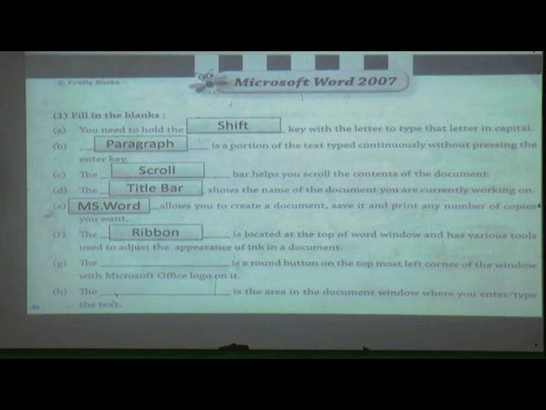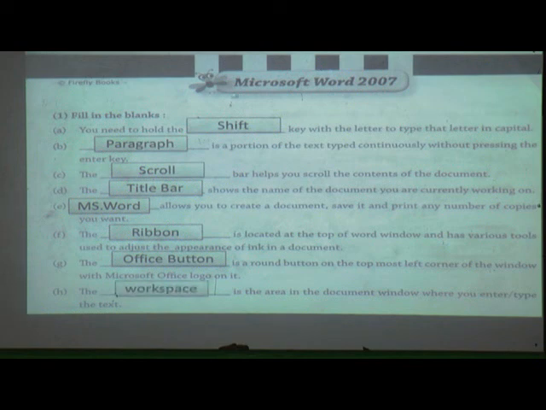In 2010 there is a file option, there is no round button, but what do we call this button? It is the Office button. Now the last one, fill in the blanks: the dash dash is the area in the document window where you enter or type the text. Where are we typing the text, or where are we writing in MS Word? What do you call that area? Yes, it is the workspace.